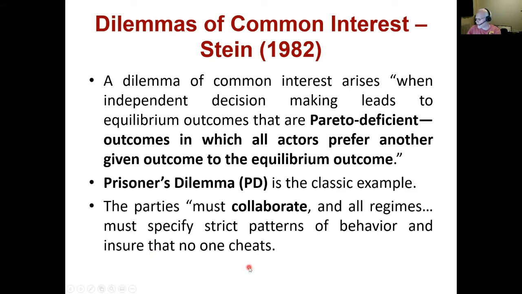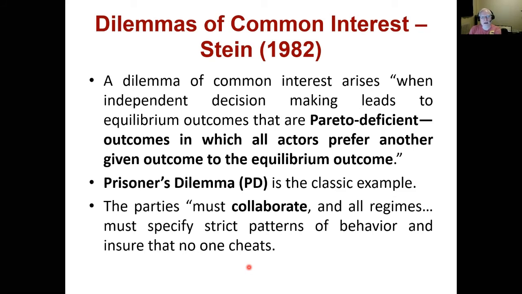Parties must collaborate together, and all regimes must specify strict patterns of behavior and ensure that no one cheats, right? So you need strong regimes, strong agreements, and strong provision of information, because while we prefer to cooperate, we're always going to be fearful that the other side is going to cheat on us. And if there's too strong of a fear that the other side's going to cheat, any agreement will fall apart,